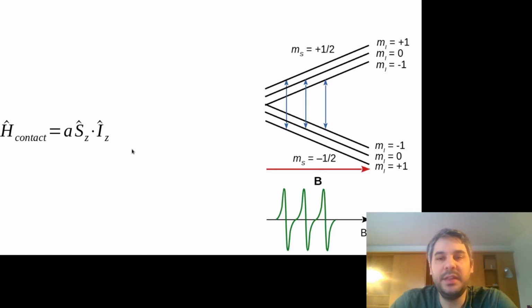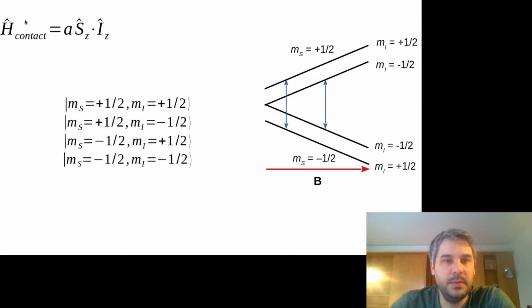So basically we define our axis of quantization to be in the Z direction. Basically we don't need to concern ourselves with the X and Y directions. This is a valid approximation for isotropic systems. So again, this is the contact Hamiltonian